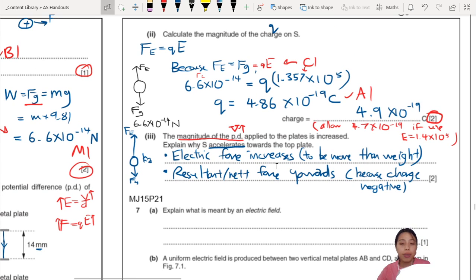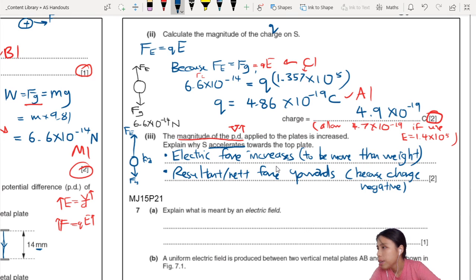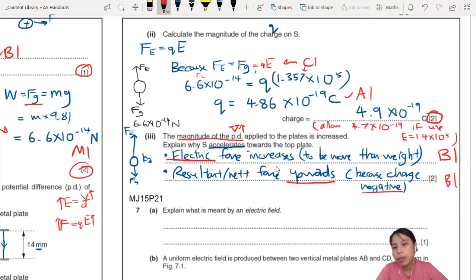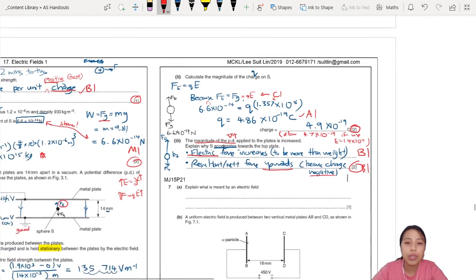Okay. The mark scheme says, firstly, you want to talk about, yes, electric force increases. You must mention it, underline it. So that's one B1 mark there. Then if you talk about the net force upwards, that is the second B1 mark. It's best if you can also mention the charge is negative, so the electric force is upwards and the net force is upwards. Okay? So that's a nice length of question on calculating the electric force